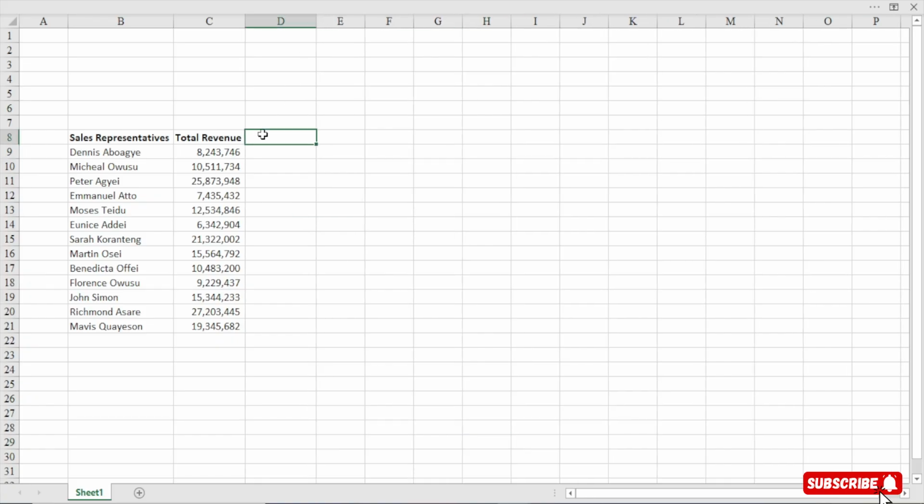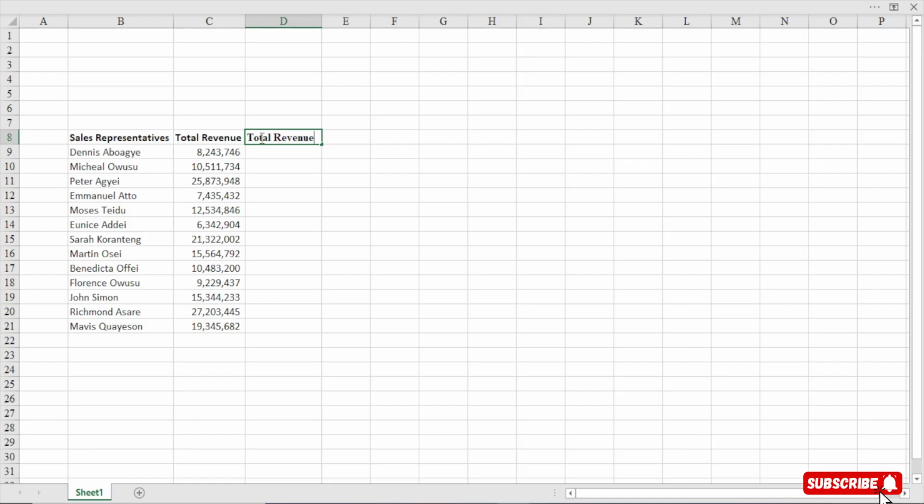Here I'm going to add some extra columns to the original data set, right? So just follow me. What I'm going to do is add the total revenue, or the total sales, right? Perfect. Then we can bold it, Control B. Now watch here. This should be the percentage rather, so percentage revenue. Because we already have the total revenue here, we are going to show the percentage, right?